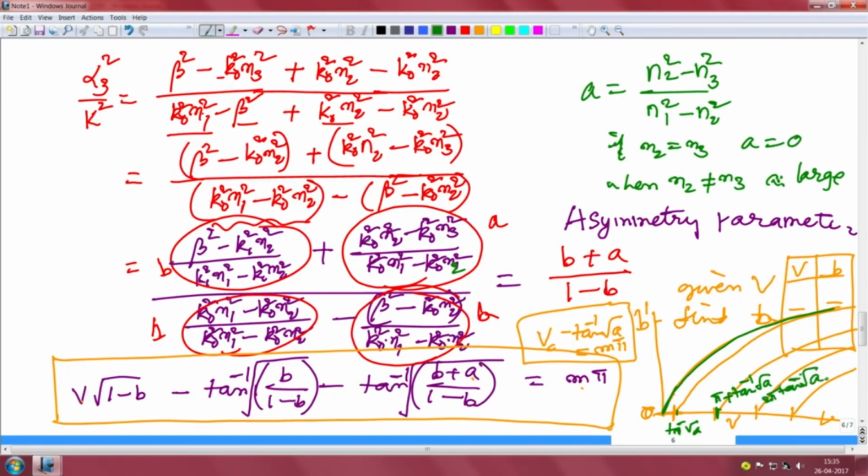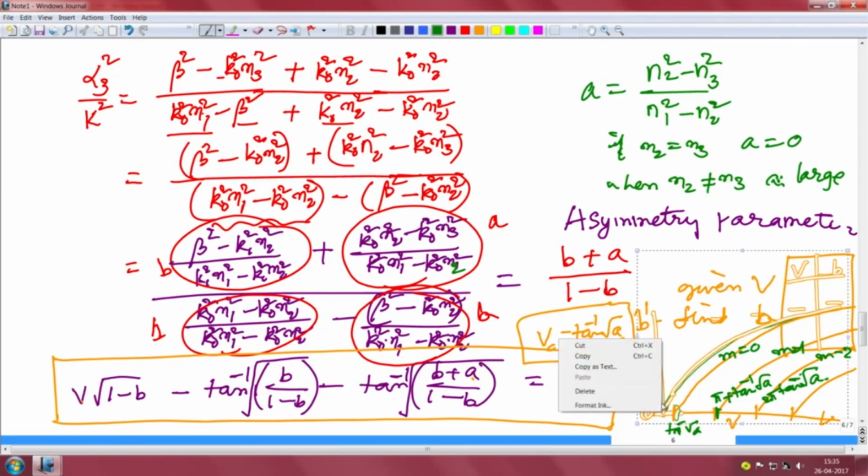That means every mode has got a cutoff, and this is mode index m equals 0, m equals 1, m equals 2, and so on. So, we are trying to observe the range of values of these curves, where do these fall. For a symmetric waveguide, A is 0 and tan inverse root A is 0, Vc is m pi. So, that means the first one will start at this,